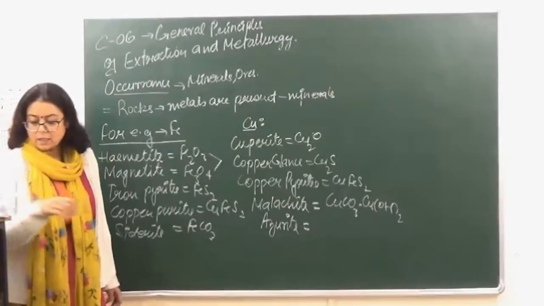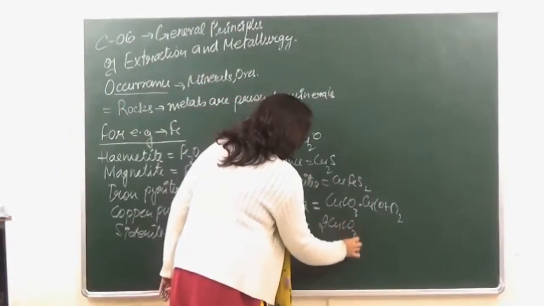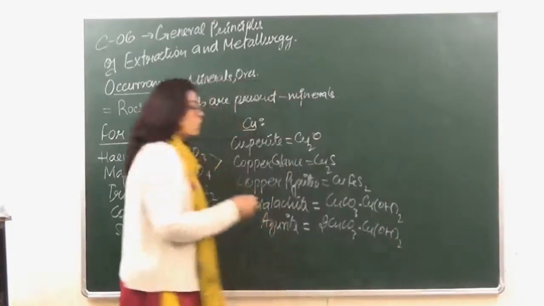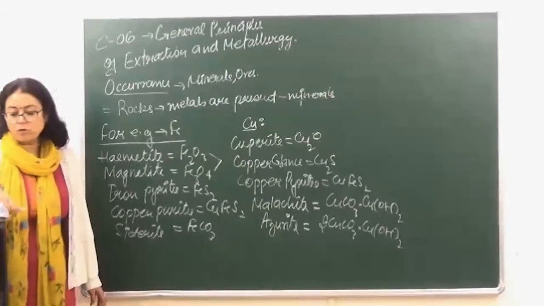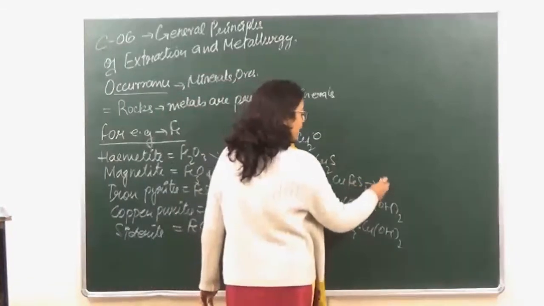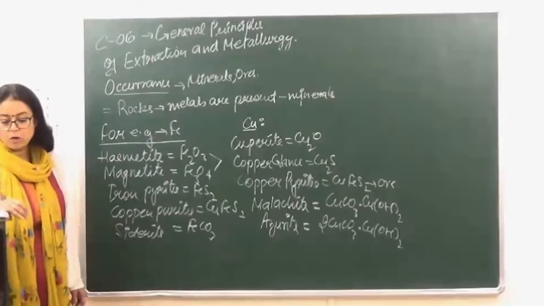Azurite is CuCO3, same formula, but the composition is different. Dot Cu(OH)2 whole twice, right? Now over here, these are all the minerals of copper, but the ore of copper is copper pyrites. We extract copper from copper pyrite, so this is going to be the ore,